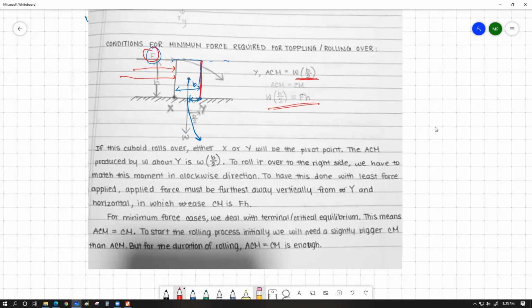মানে হচ্ছে আমাদের রোটেশনটা স্টার্ট করার জন্য for a fraction of a second we have to apply a slightly bigger moment so that the rotation can start, but for the duration of the rolling we can simply keep on applying that exact amount of force and this is going to work just fine. এখানে একটা জিনিস খুব important, or I can say interesting, is that for the entire duration of rolling we should keep applying this same amount of force as long as the object does not start to roll down on its own. এই জিনিসটা আমি একটু এখানে বুঝাই।